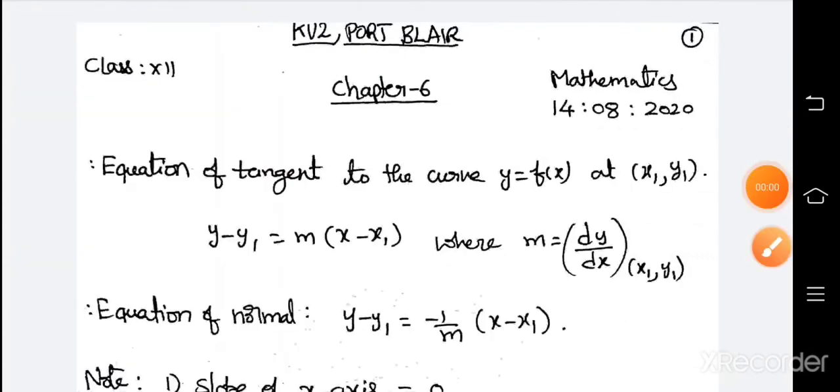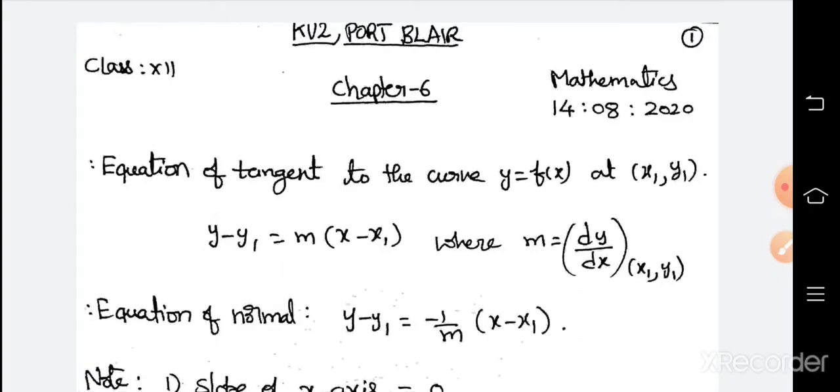Students, this is the second part of tangents and normals, class 12th mathematics, chapter 6, applications of derivatives. Based on this, some introduction was given earlier in part 1, along with the PDF, and I explained it on YouTube also. You might have gone through it. This is the continuation of that. Before you watch this, you will have to know that video and revise the PDF content. So please try to understand whatever I am teaching.